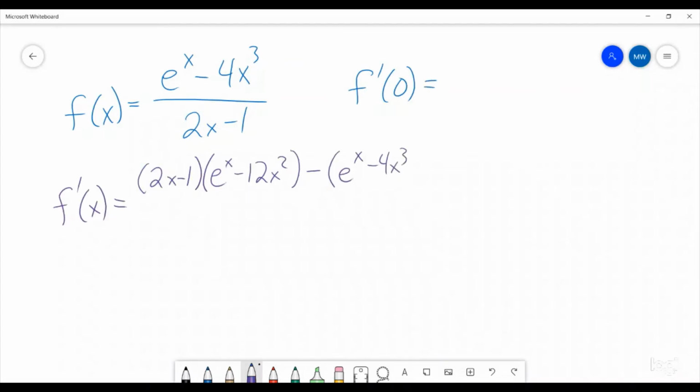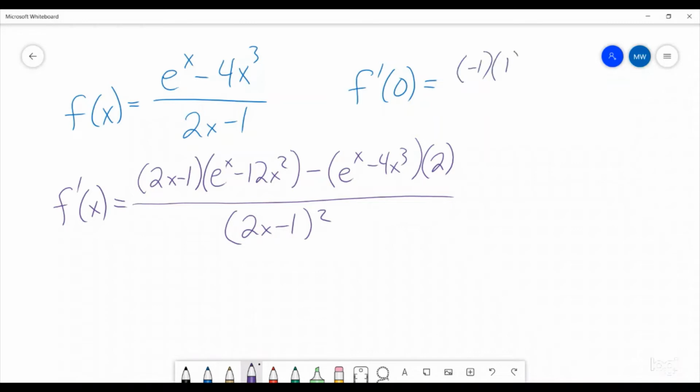Cubed d low, that's just 2, all over the bottom squared. Plugging in, we're here. So that means we get, at 0, so that's a 1 minus a 1 times 2, all over 2 times 0 minus 1, so that's